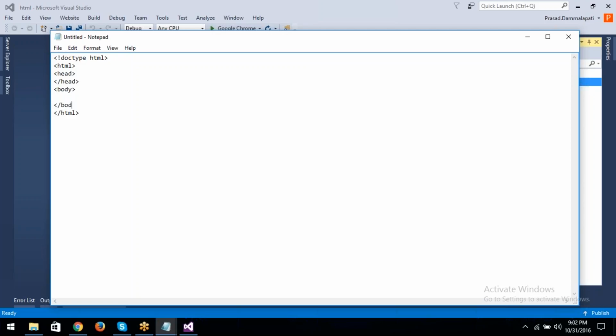This body section contains all HTML elements like a paragraph or div element or text boxes or radio buttons or check boxes, anything. All HTML elements will be in the body tag, and in the header section